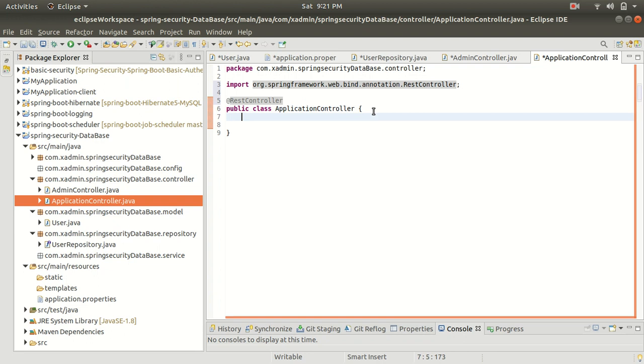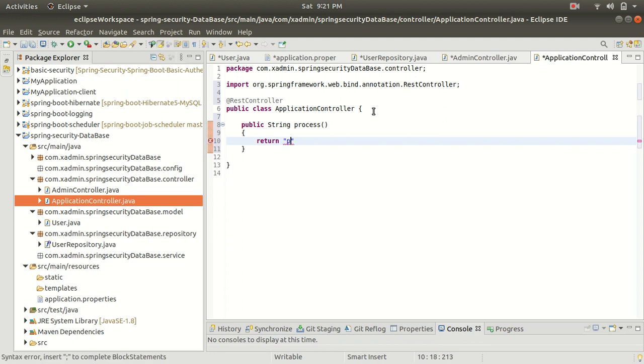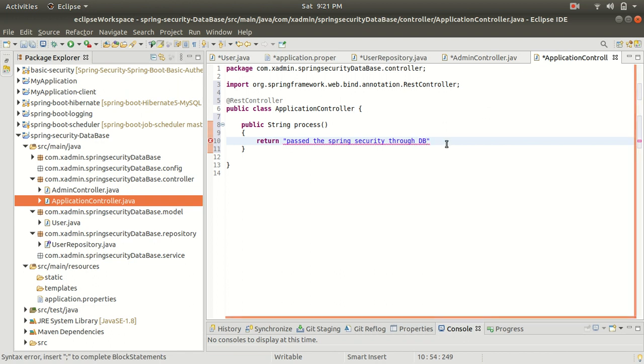Alright, and now guys, I am going to create an endpoint. So let's create an endpoint, public string process. So let's return a string: pass the Spring security through DB. Alright, so this is the dummy string I am returning.